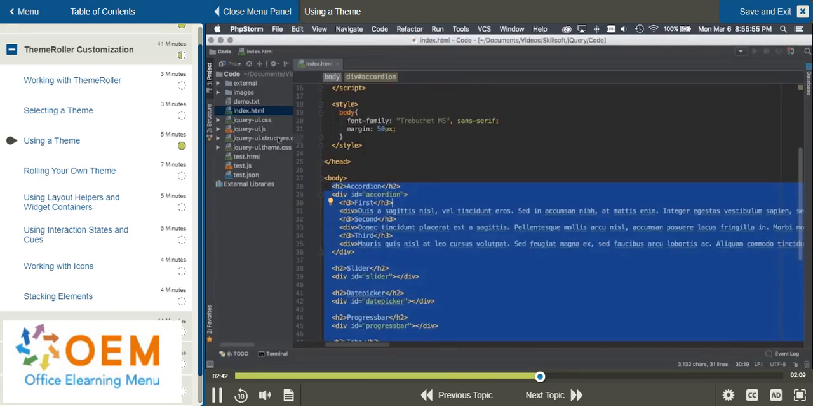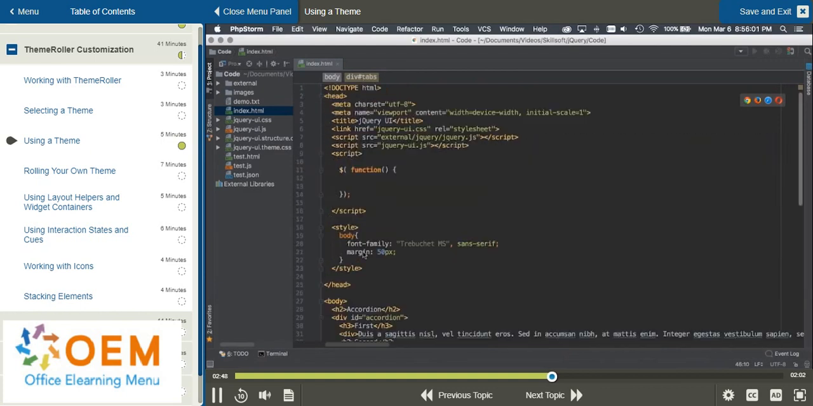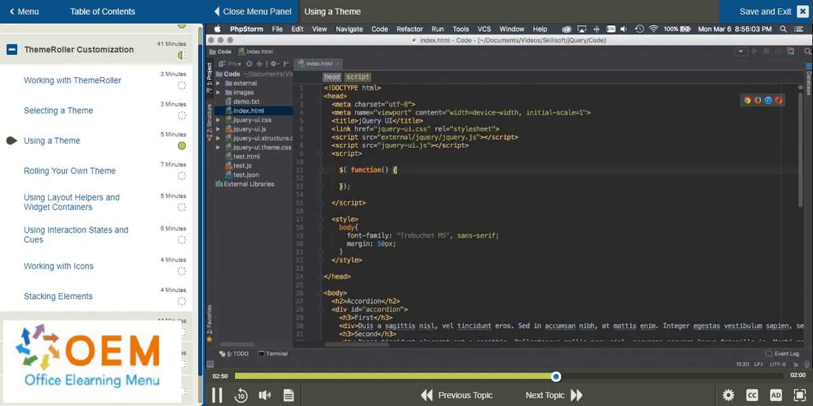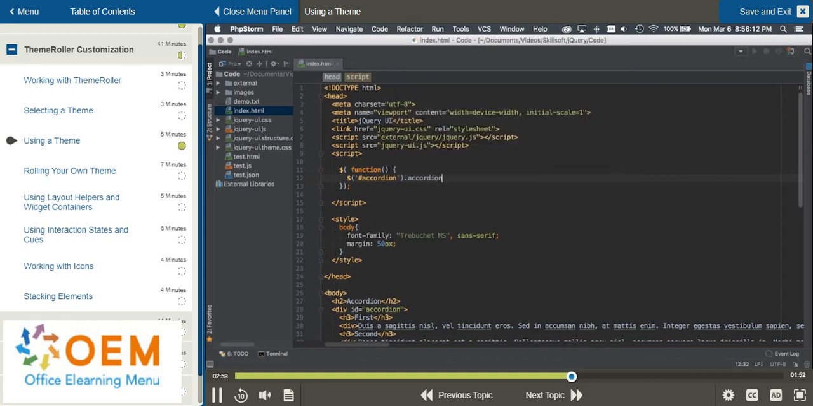And we'll see that we've got some HTML in here, but there's nothing really happening because we haven't applied our jQuery UI yet. So what I'm going to do is I have an accordion, a slider, a date picker, a progress bar, some tabs, and I'm going to apply jQuery UI to all of those, and we'll see what they look like. So we've got our accordion, and we simply say accordion, and that adds an